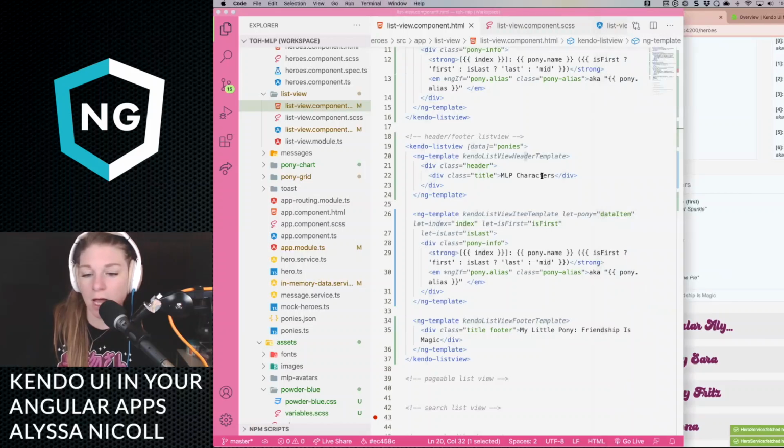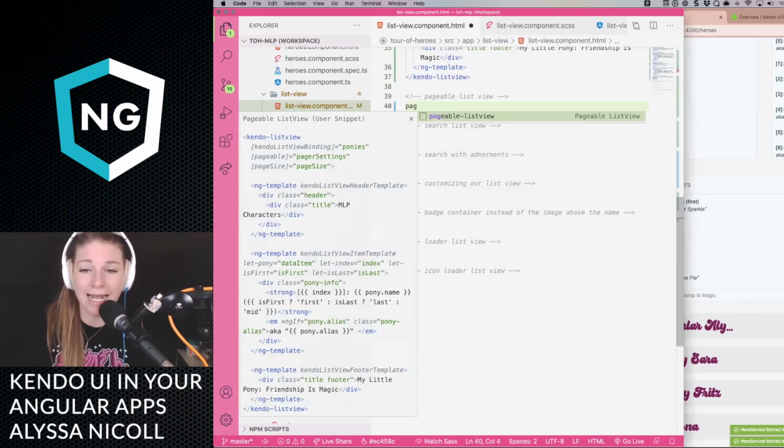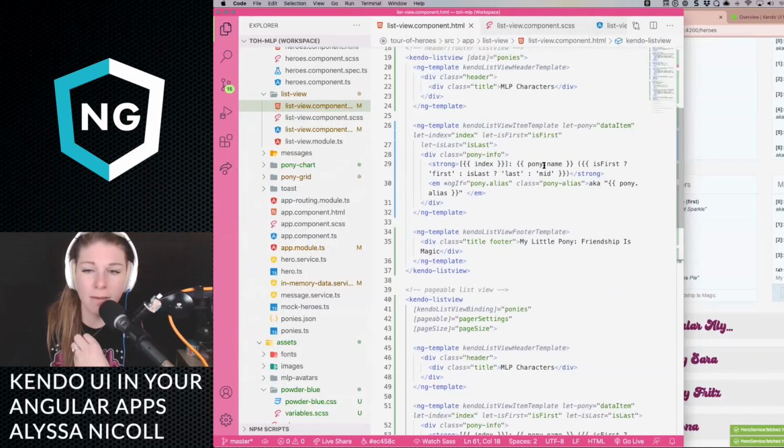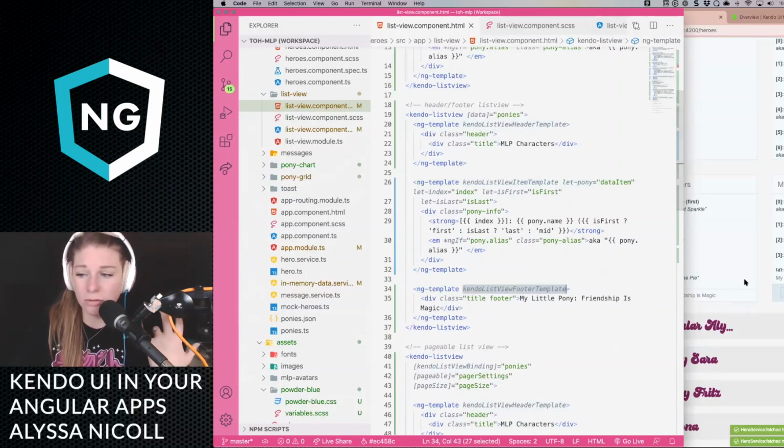It's still a lot of information, though. So adding the ability to page, which, as I mentioned, we have the ability to add to list views, is just beautiful, right? I didn't really talk too much about the header or footer. It's very similar to the list view item template, but it's Kendo list view header template and footer template. And then inside of the ng-template tag, you add what you need to appear there.